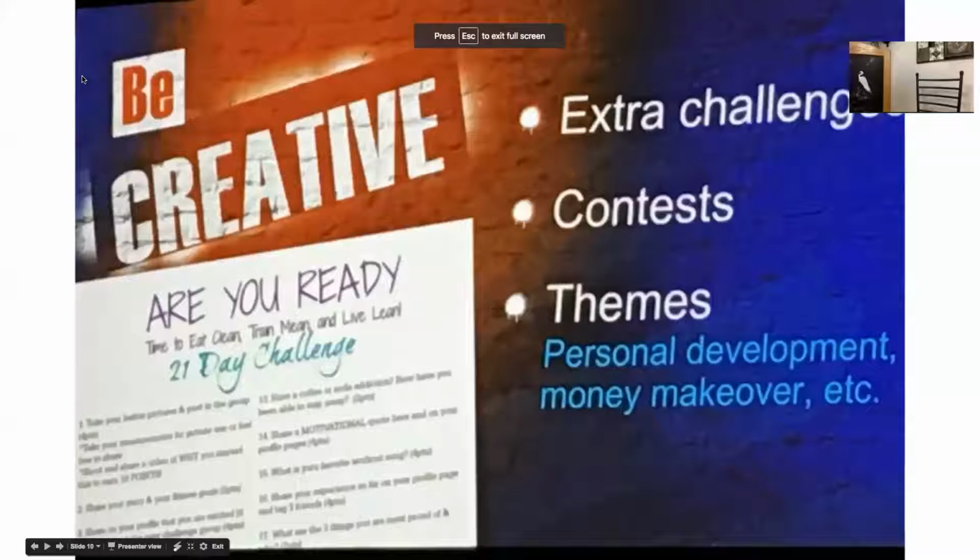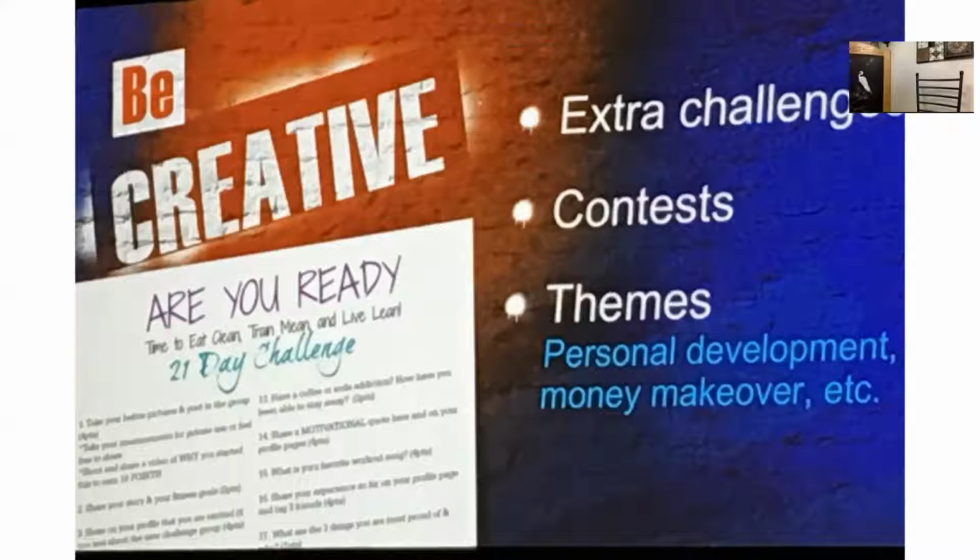Okay, so be creative. Throw in extra challenges, contests, and themes. So one thing that I've done before in the past was, okay, we're going to do a squat challenge during this. So how many squats can you bump out without stopping, without taking a break? How many push-ups can you do? Every time you, I don't know, say a curse word or whatever, do a push-up, throw in those little extra challenges and make it fun. Being creative, that's what's going to set your groups apart from so many other coaches that you see sharing on social media. Some of your followers can be watching too.